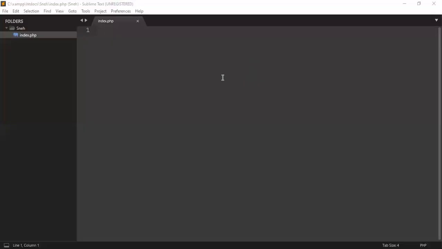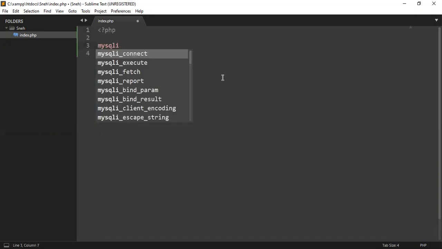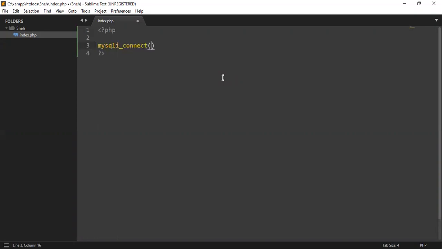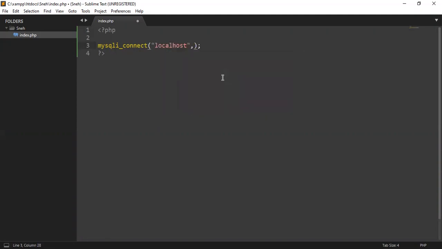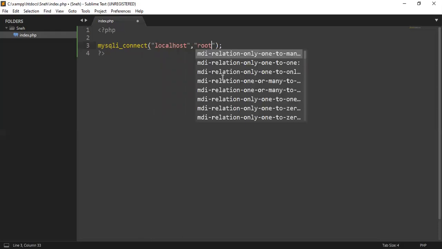Okay, so I'm in my PHP file. Here we are going to write code to connect to the database. So how are we going to connect actually to the database? MySQL provides a method, mysql_connect. It requires some parameters. We need to give some information to this function. What kind of information initially? Server information. We are using localhost. Then the username. My username is root, and after that